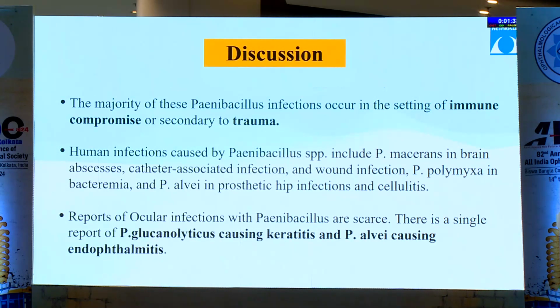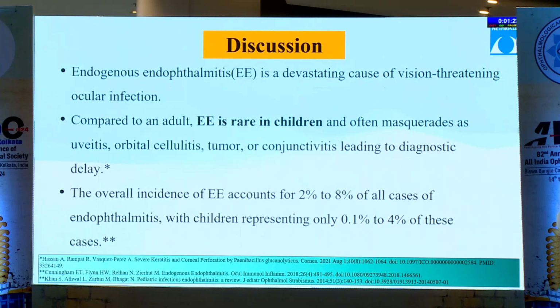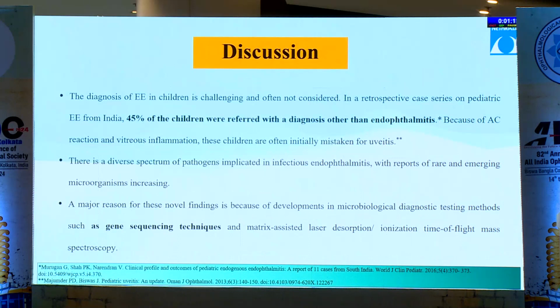There is a single report of P. glucanolyticus causing keratitis and P. alvei causing endophthalmitis. As we all know, endogenous endophthalmitis is a devastating, vision-threatening ocular infection. Compared to an adult, in children it is quite rare and it often masquerades as orbital cellulitis or uveitis, leading to a diagnostic delay. There is a diverse spectrum of pathogens implicated in infectious endophthalmitis with reports of rare and emerging